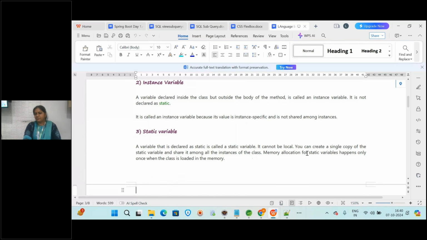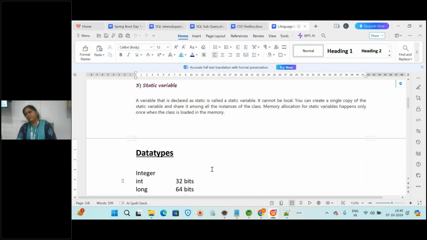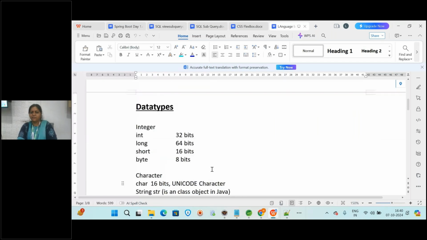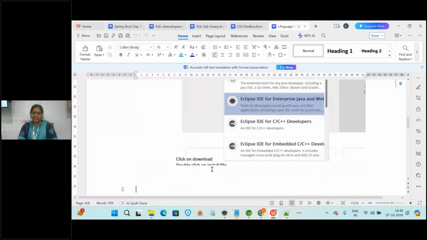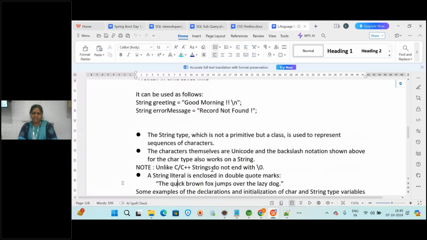Memory allocation of the static variable will happen only once, and it is loaded when you run the class, and it is shared by all the objects. Understood? One of the important questions is about the variables: local, instance, and then what? Static. Clear? So this is about the data types we have already seen, and Eclipse installation was there.